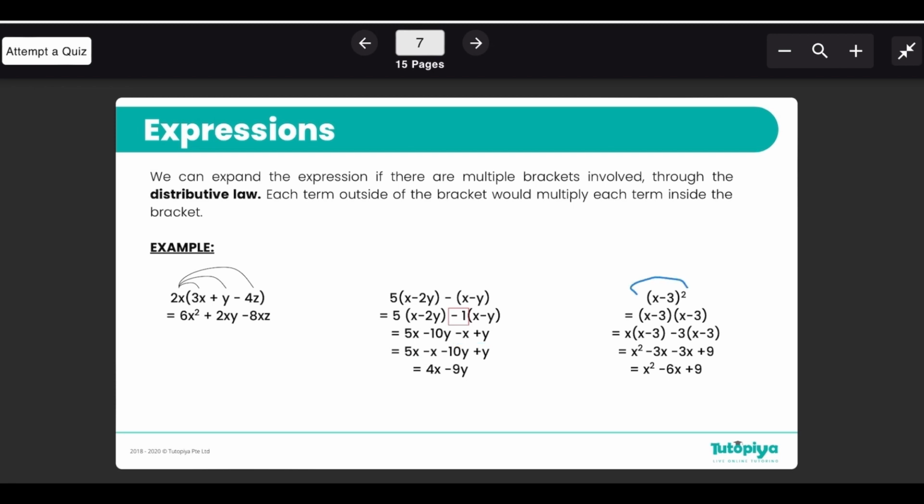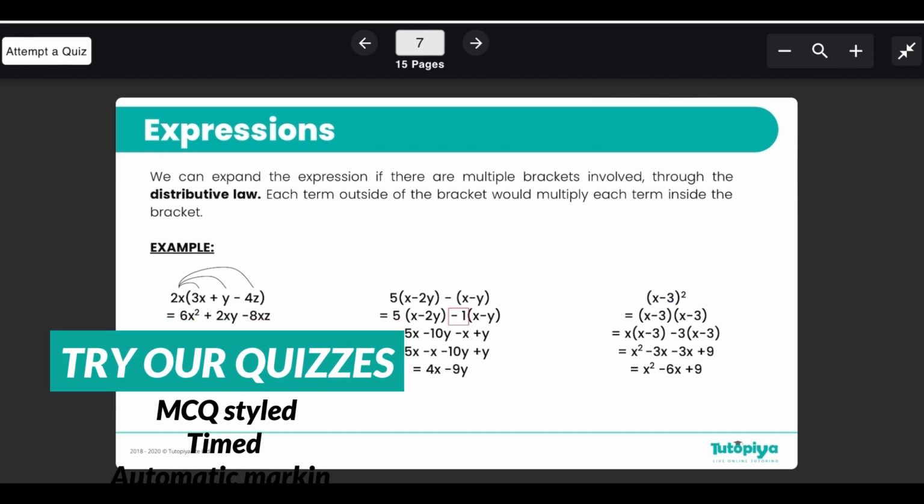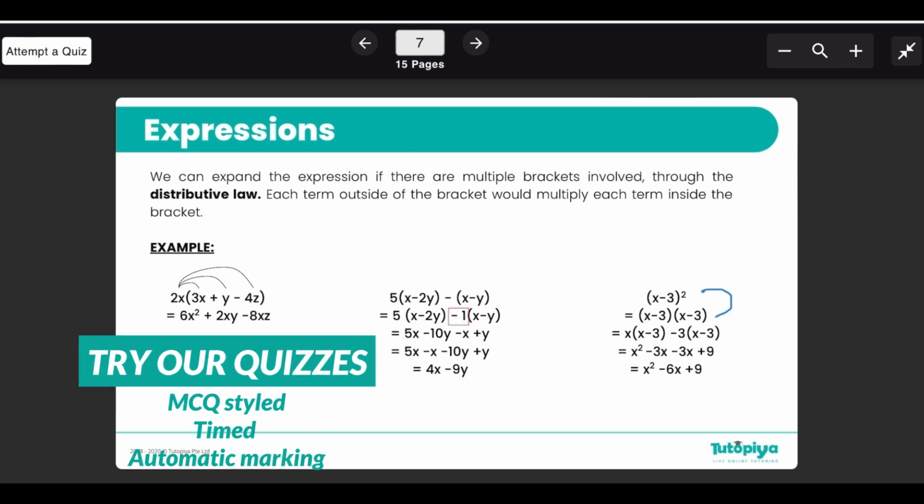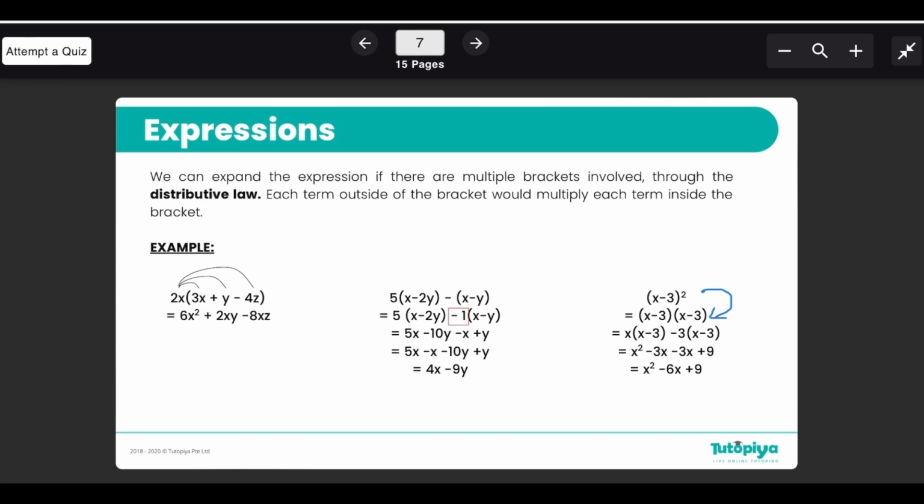When you have x minus 3 squared, this is the same as saying x minus 3 into x minus 3. So you can't just simplify by squaring the first term and by squaring the last term. When you do that, what will happen is you are going to end up missing this center term. So to ensure that you don't miss the center term, you have to remember that any bracket squared has to be written as the bracket multiplied by itself,